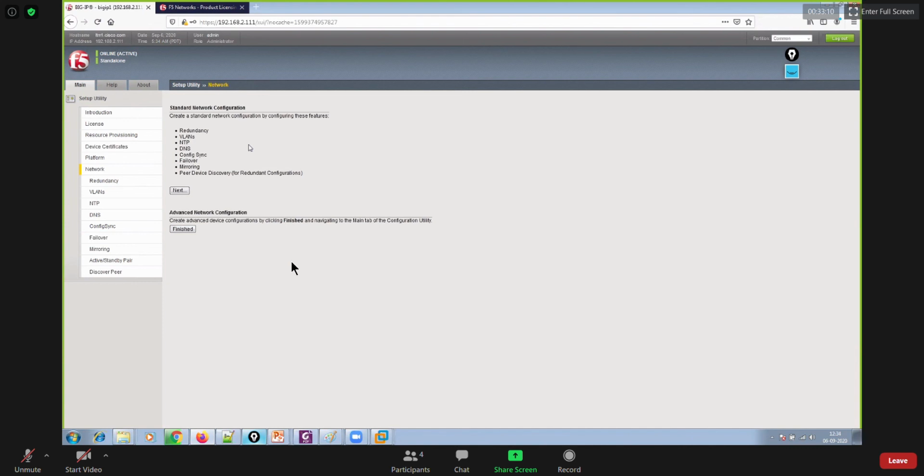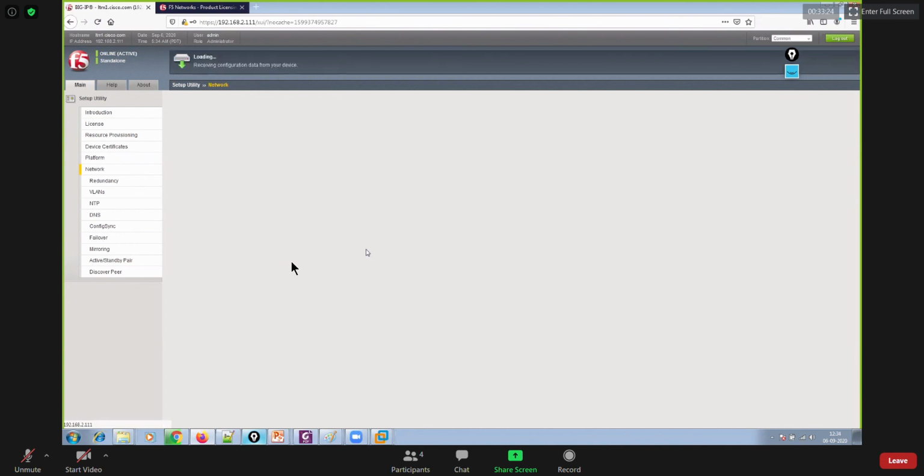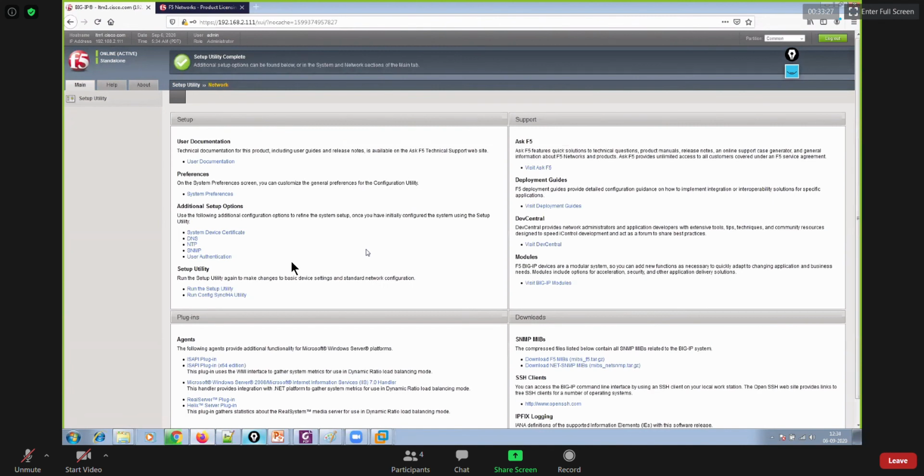Thereafter, now just click on next, right? You could go ahead and click on next, then it will ask for the high availability, VLANs, and like that. But that's something that we can perform later, right? So you can just go ahead and click on finished. So you are done with the initial config. Now your device is ready to use, right? You can see that on the left side, you have LTM, which means you have already installed the license of LTM on this Big IP, okay?